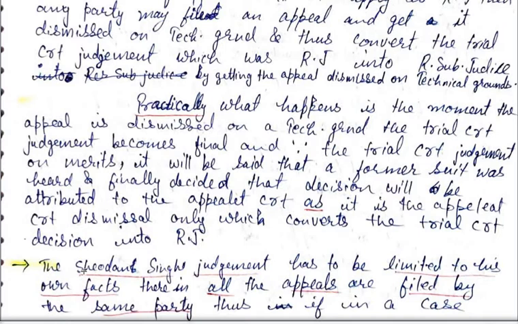अब एक बात और ध्यान रखिएगा एज अ क्वेश्चन, कि सैदान सिंह में ऑल द अपील्स आर फाइल्ड बाय whom? बाय द सेम पर्सन। ऑल द अपील्स वर फाइल्ड बाय द सेम पर्सन। अब सैदान सिंह के फैक्ट्स को आप ध्यान रखिएगा, जब सेम फैक्ट्स हों तब सैदान सिंह लगेगा, अदरवाइज क्या होगा। आई जस्ट एक्सप्लेन टू यू। मान लो देयर वाज अ डिक्री बिटवीन ए एंड बी, और एक और सूट था, मान लो ए वर्सेस बी। अब इस डिक्री से ए ऑल्सो डिससेटिस्फाइड एंड बी ऑल्सो डिससेटिस्फाइड। इस डिक्री से ए भी सेटिस्फाइड नहीं है और बी भी सेटिस्फाइड नहीं है। अब ज़्यादा डिक्री ए के फेवर में, बी इज द एग्रीव्ड पार्टी। अब ए को भी मान लो सारा रिलीफ नहीं मिला, उसको कुछ पॉइंट पर डिससेटिस्फैक्शन है, तो ए भी अपील कर सकता है कि नहीं।